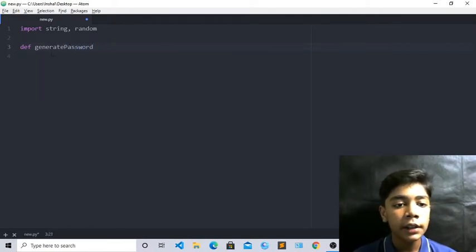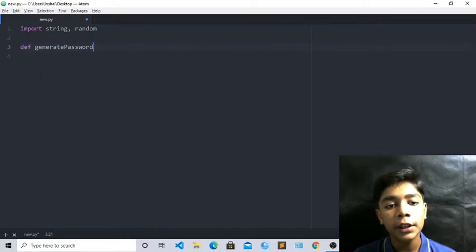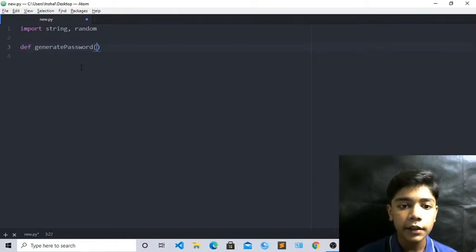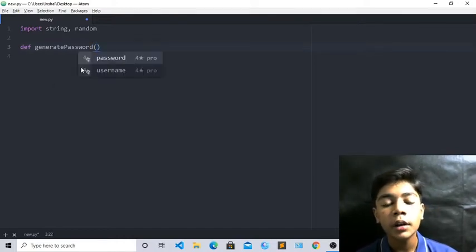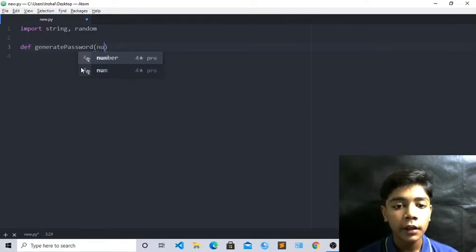And now you can see that when you have written def generate password, we have to generate a password from any alphabets we want, so it will generate your password here. Now when you have to generate a password, write brackets here, and in brackets write num.